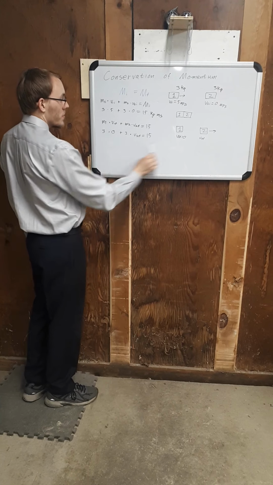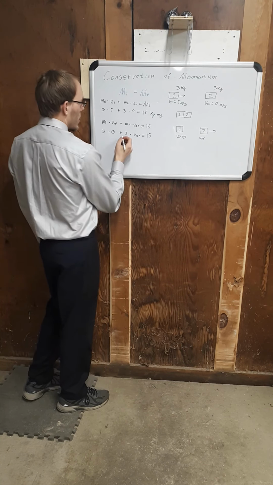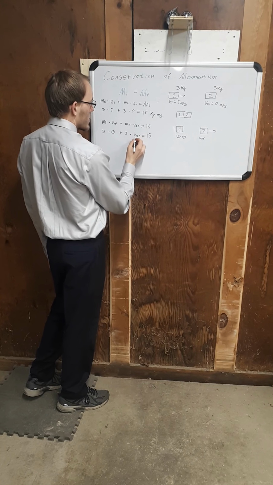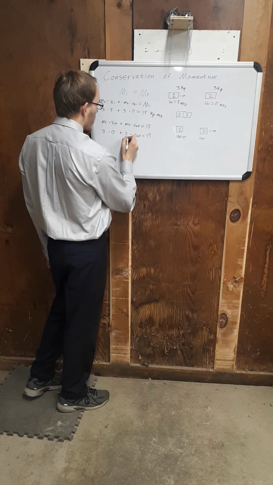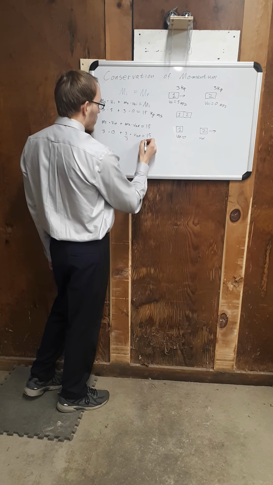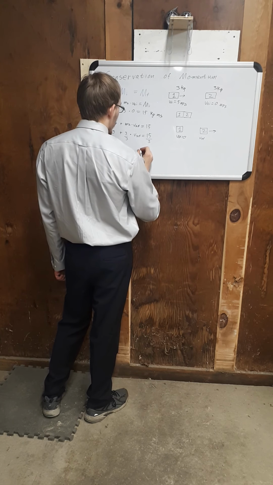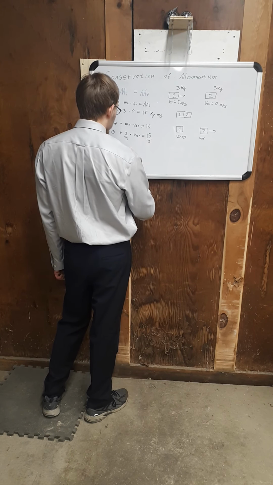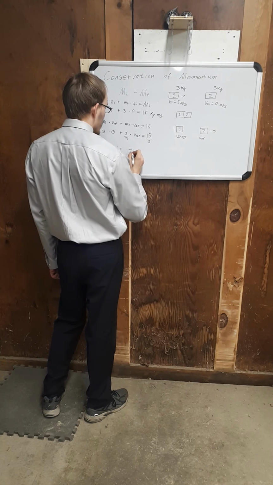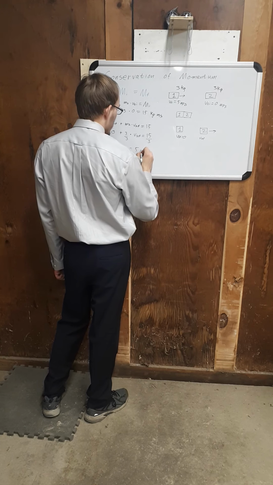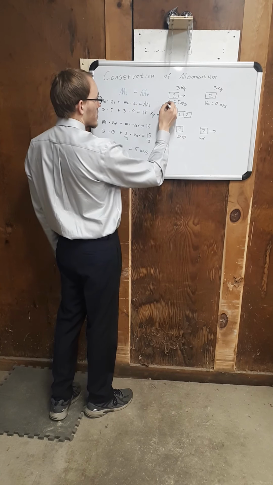So the momentum of block 2 at this point is going to be 0, 3 times 0, plus 3 times the velocity 2 final, which is what we're looking for. So we can divide out the 3 on both sides, and we will have a velocity v2 final equal to 5 meters per second,